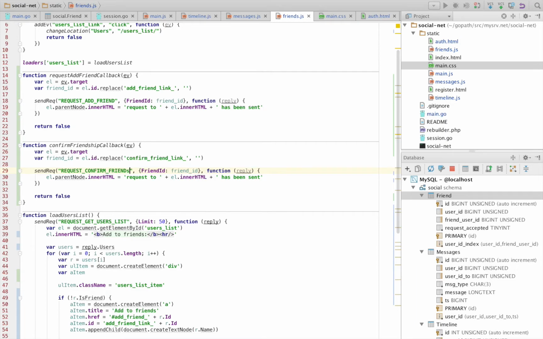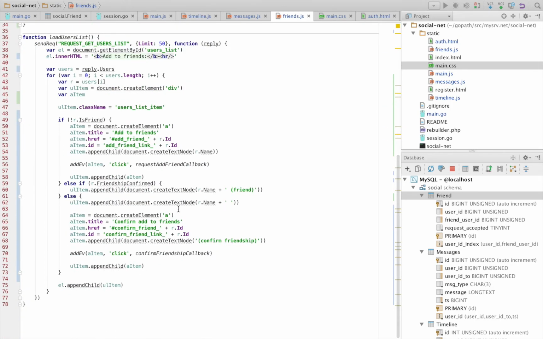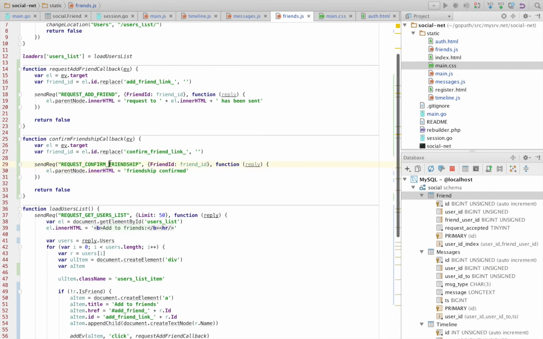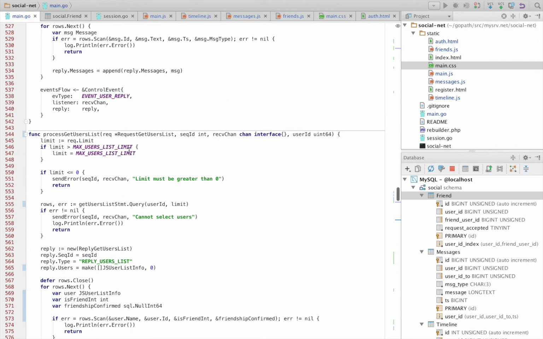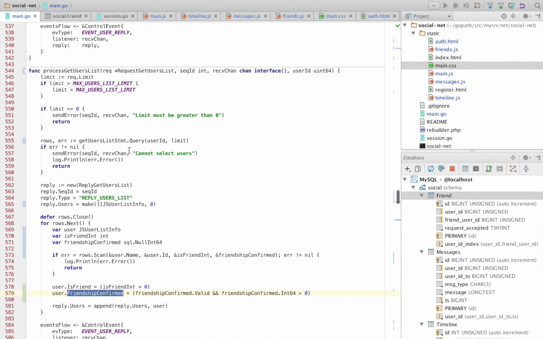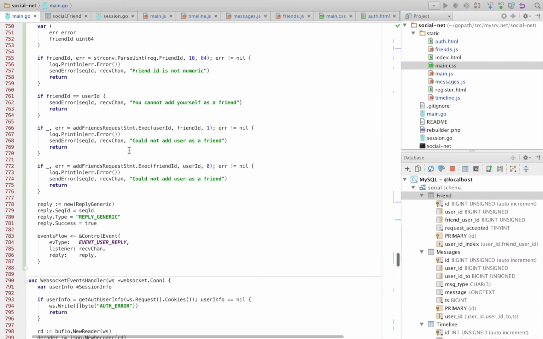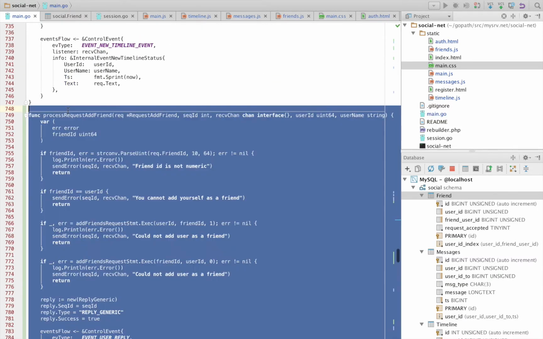So confirm friendship. So friendship confirmed. It's very ugly JavaScript, but we should spend our time coding in Go and not in JavaScript. So it would be completely the same, like this one. So process as friend, but